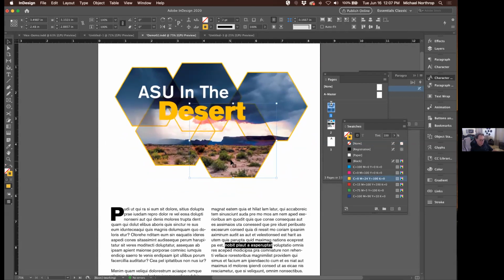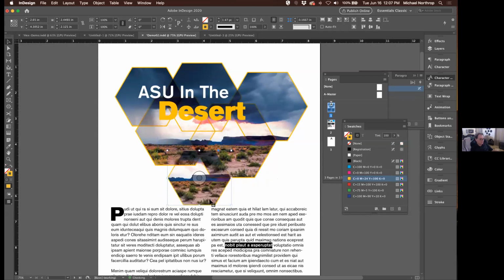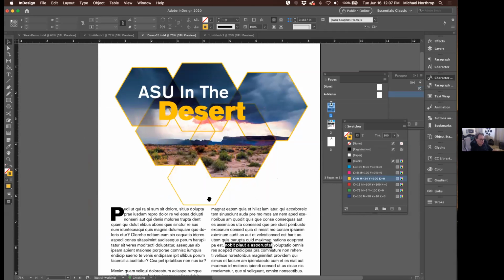One other fun thing, now that I'm thinking about it, if we wanted to decorate this a little more, option. Even though this is all grouped, I double-clicked it and selected this particular hexagon. I'm going to drag that out, put it there, and scale it. I'm going to double-click it and delete it. Now I'm just left with